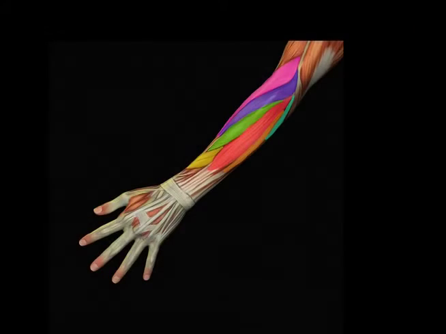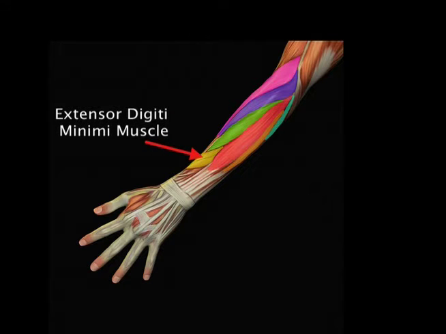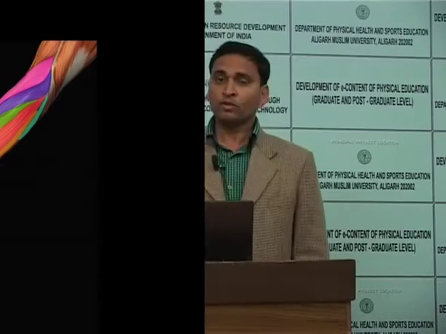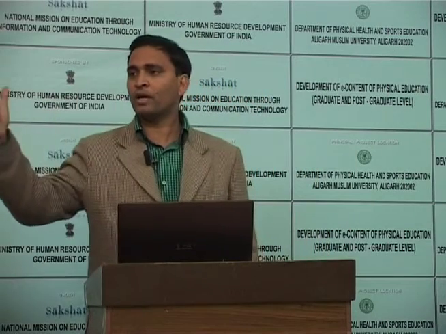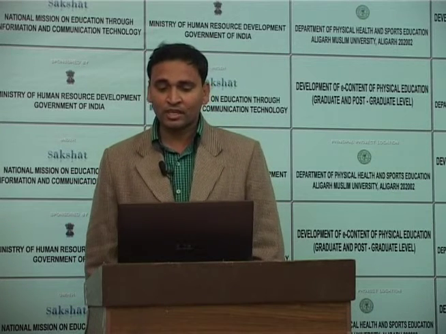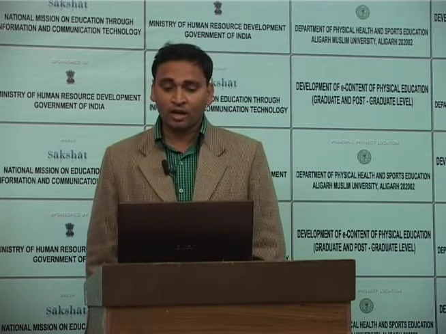The second muscle of the lateral group of forearm extensors is extensor digiti minimi, and this muscle originates from the posterior surface of the lateral epicondyle of the humerus. Okay, so this muscle also has its origin from the lateral epicondyle of the humerus. As for insertion, the tendon of extensor digiti minimi passes underneath the extensor retinaculum like all other extensor tendons. It fuses distally with one of the tendons of the extensor digitorum muscle, the tendon of the little finger.